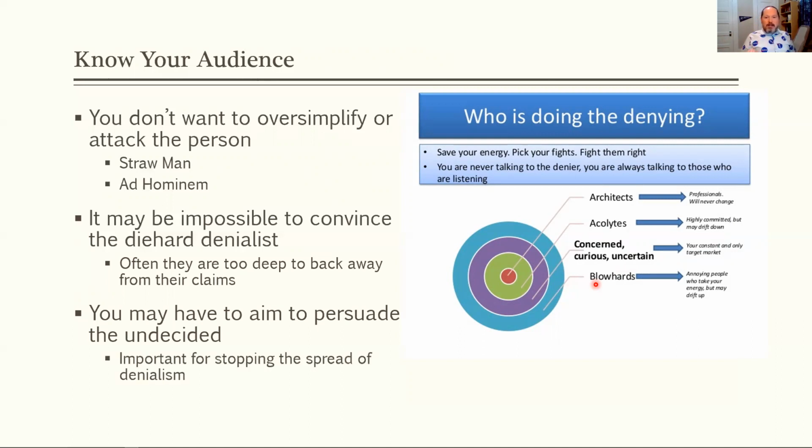It's important to talk to them. It's important to try to convince them because that might stop the spread of denialism online. If you can reach people who are undecided, who don't really know the facts, and if they went to a denialist Facebook group or web page, you know, if they're just seeing one side of the story, maybe they'll be convinced by the denialists. Those are the people you want to reach, right?